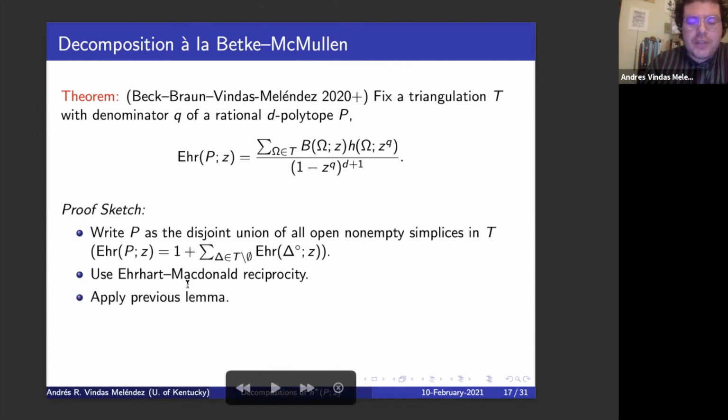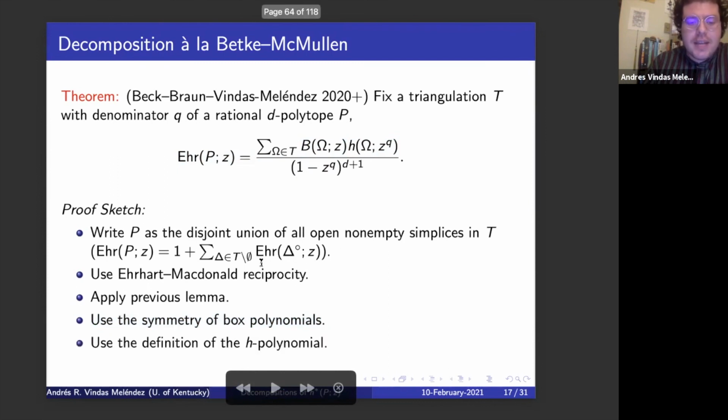And so I'm applying the previous lemma. One thing that I left out is that the box polynomials are not very difficult to see, because the box polynomials are things with just coefficient 1 and keeping track of the integer points, but there is some symmetry to the box polynomials. Using that, I'm applying the definition of the H polynomial. And so again, I'm doing all of these things for each